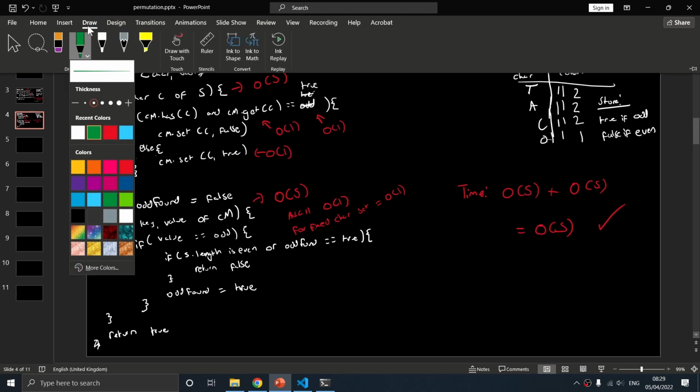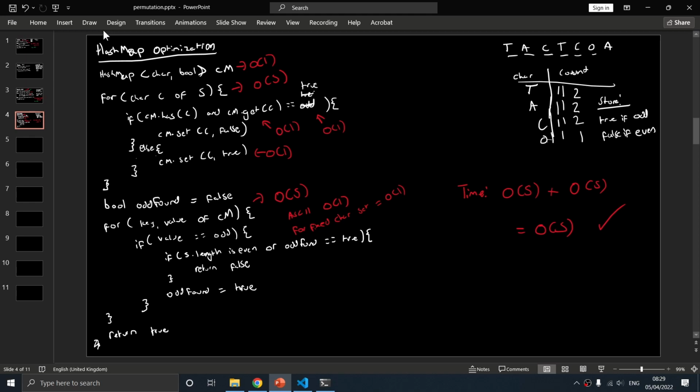Now, if we think about the space complexity here, like I said, this is either fixed, so for a fixed character set, this is going to be order 1. Otherwise, this is going to be whatever the number of unique characters are in the string is how many entries we need to have in our hash map. And we're storing a constant value of a boolean in there, so that doesn't matter. So at worst case, this can be order s. So space complexity is order s or order 1,